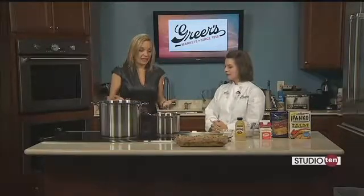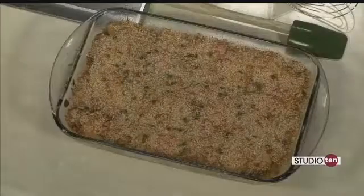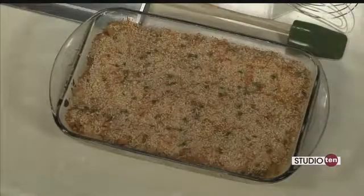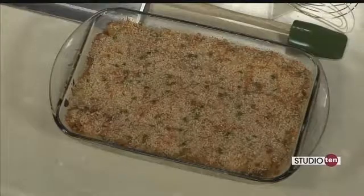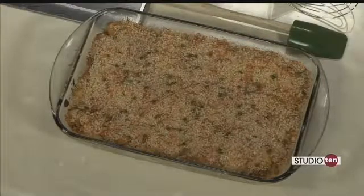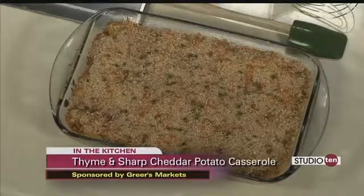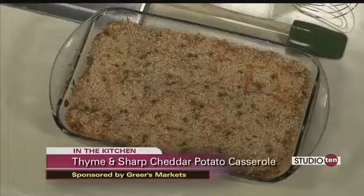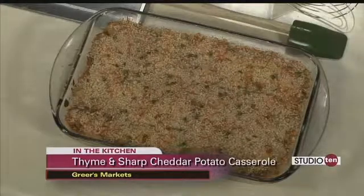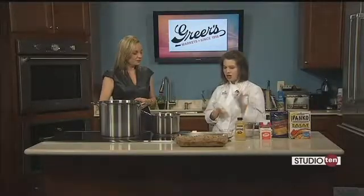So to make up for it, you are bringing me some comfort food, which I love. Yes, this is a great dish for any night of the week, of course, but this will be a good one for Thanksgiving. At our house, we always like to have those favorites you have every year, and it's kind of hard to branch out, but we like to try to introduce a new dish. So anyway, this is a fresh thyme and sharp cheddar potato